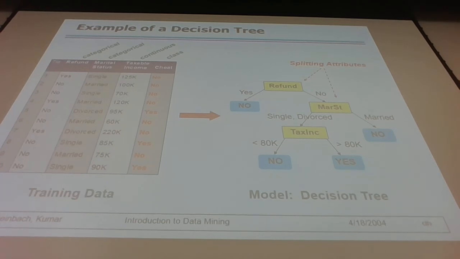But somehow you decided, following a certain metric, that married is a different story. Maybe they are less happy. Single, divorced is a different story. Maybe they're more happy, or vice versa. It can be vice versa. So if we divide in that way, if I want to keep it binary,